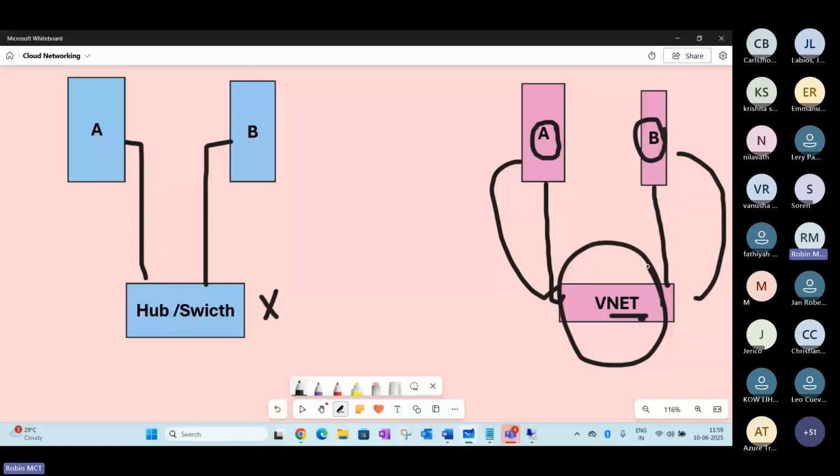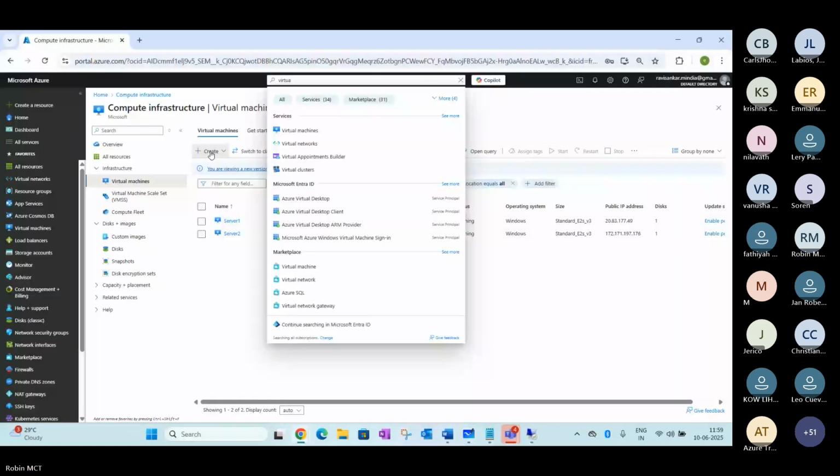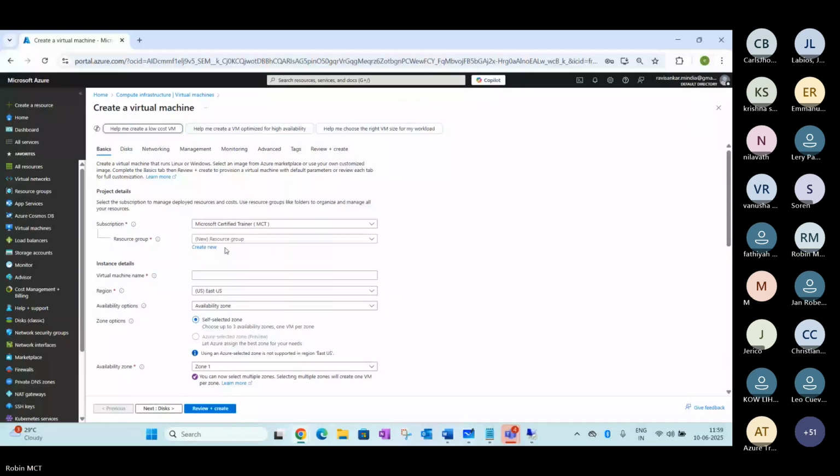Now, when you're trying to create a VM, a virtual machine, for example a non-prod one, I just gave it a name here. It's called server 3. You may notice at the top of the screen there are a couple of options: basics, disk, networking, management, monitoring, right?